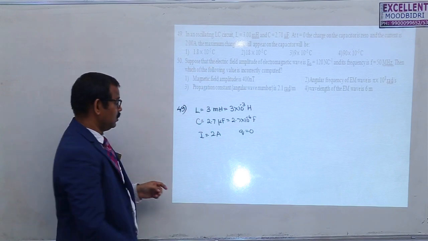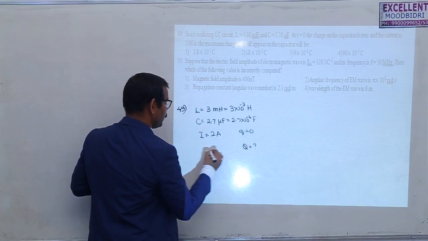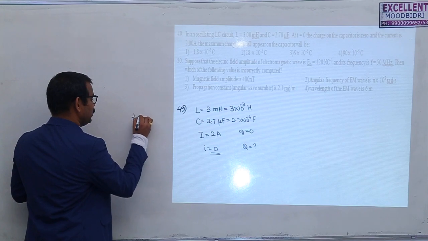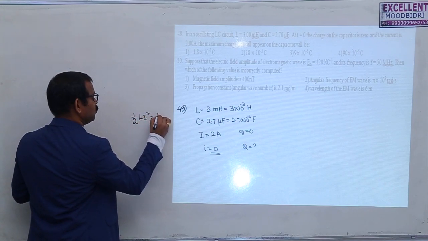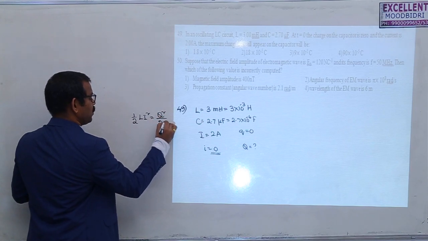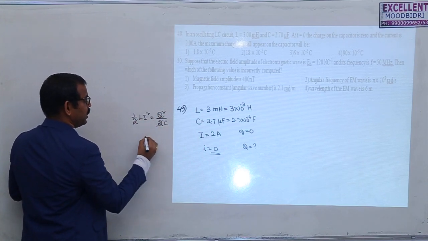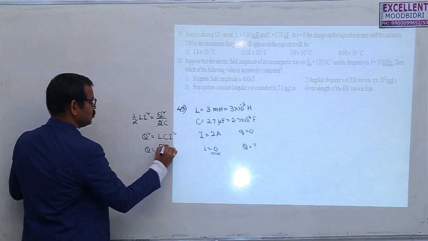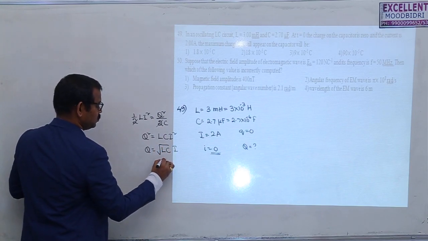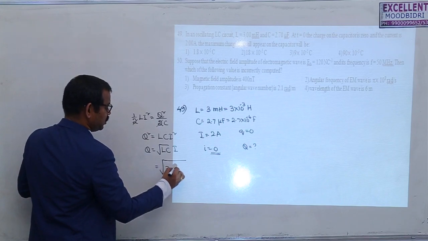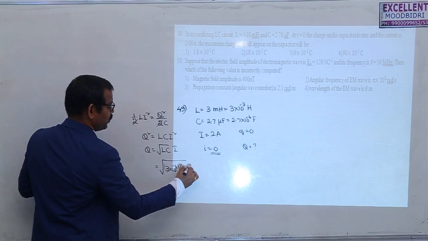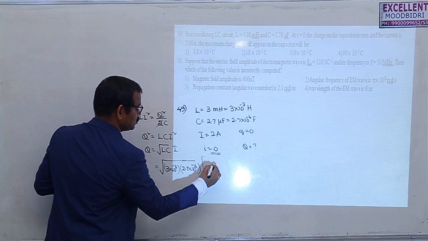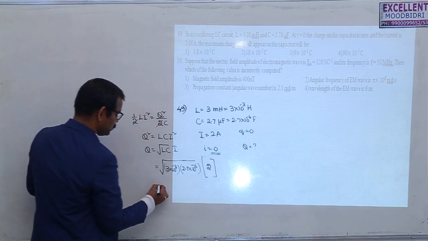Then find the maximum charge that will appear on the capacitor. The charge becomes maximum when the current becomes 0. In any LC oscillator we know that the total energy in the inductor is equal to the total energy stored in the capacitor. So from this I need to find the charge. So q square is equal to LC I square, q is equal to root LC times I. So under the root, L is 3 into 10 power minus 3, C is 2.7 into 10 power minus 6, and the current, which is not under the root, we bring outside, which is 2 amperes.